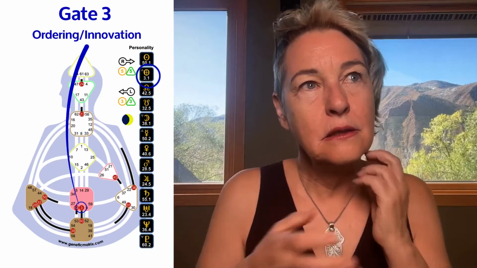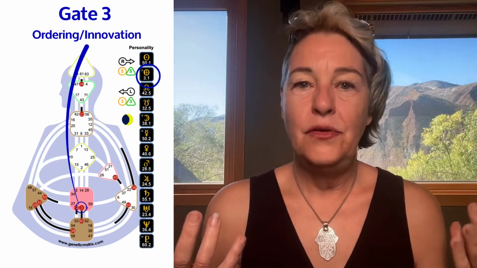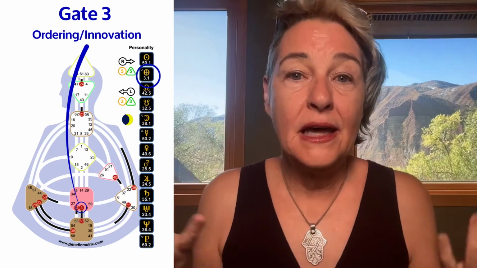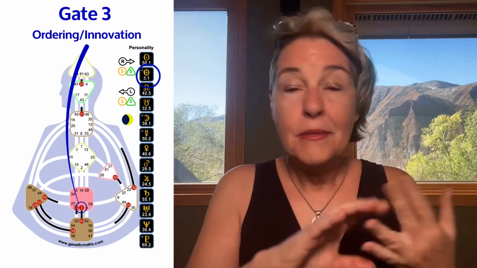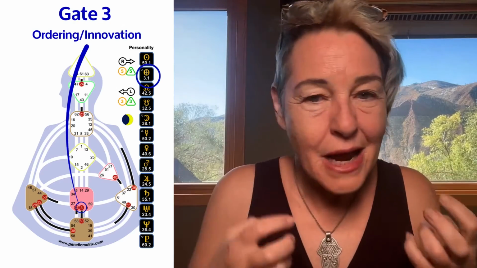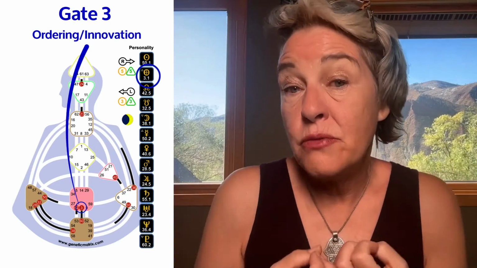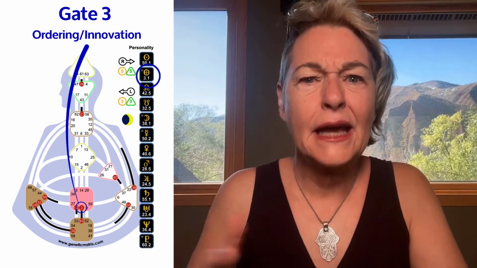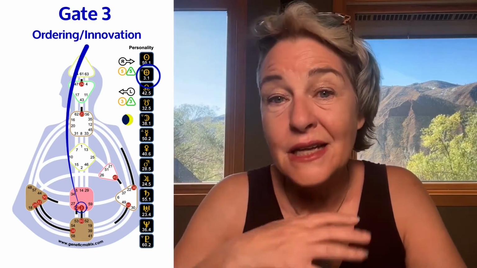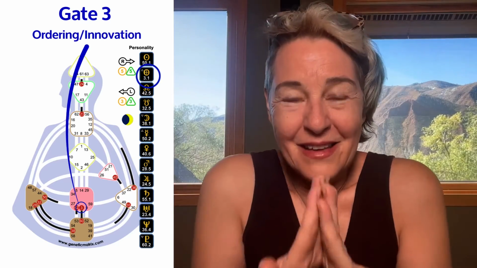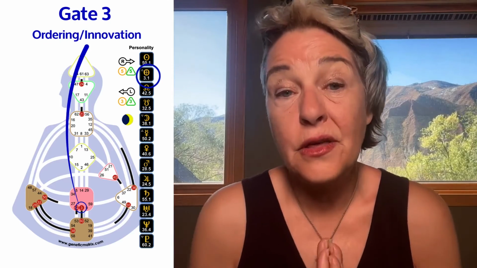The gate 60 is really a filtering process, if you will, because not every single new idea that we have is something that is the right time for us to work on, or maybe we're not the right person, or maybe it's something that needs a collaboration that isn't ready yet. So there's a lot of different things that need to be ready for an idea to actually come into form. And so the 60 is helping to look at, okay, is that new idea something that's beneficial to us or not? And then once it comes in through there, you can get going with that innovation with the 3.